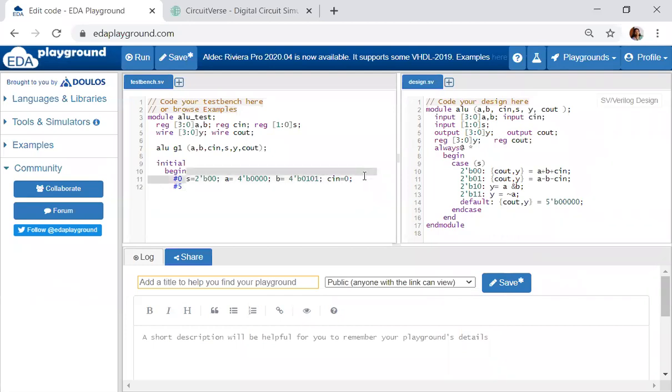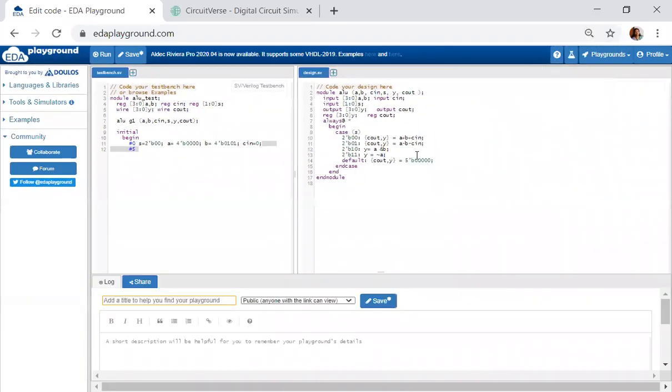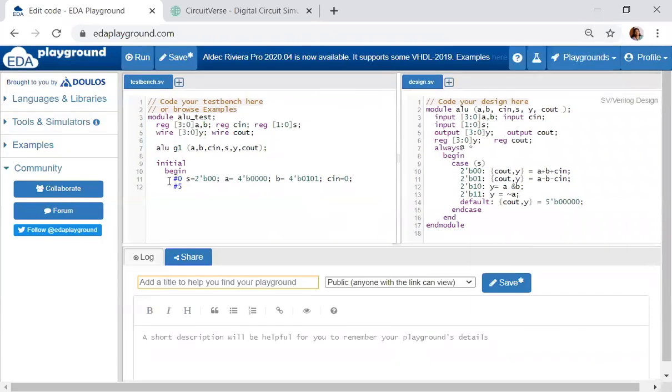Let me give the select line and other values. The second operation I want to test is subtraction, so copy and paste. In subtraction, what is the S value?